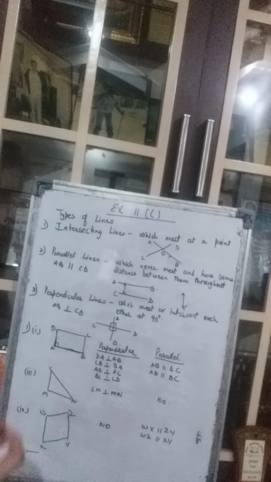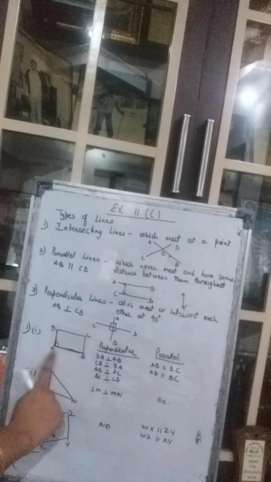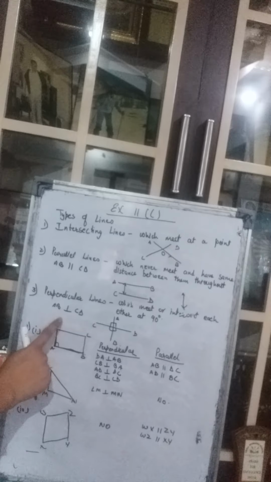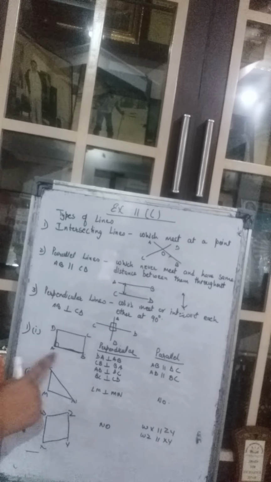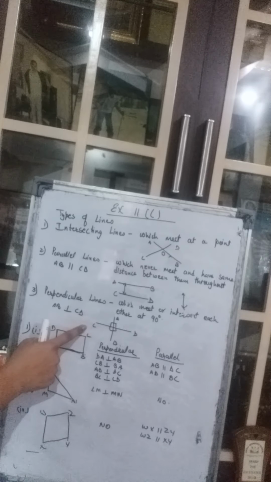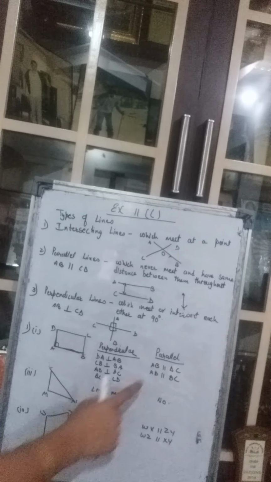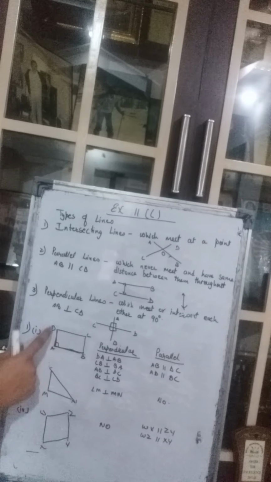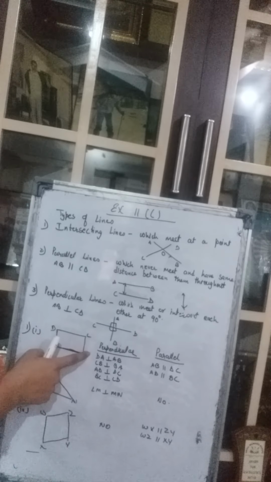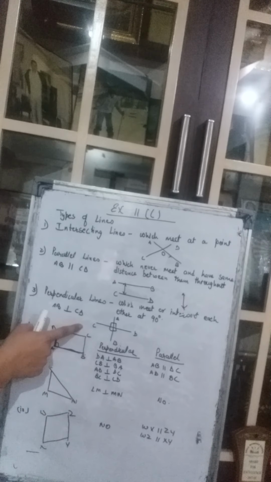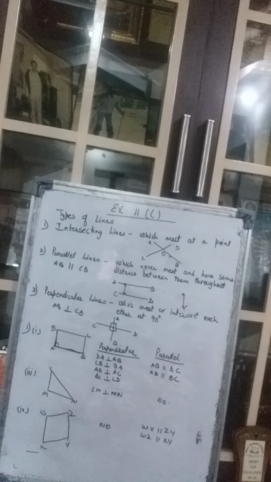Girls, there is a method of writing the lines. If you are starting from this side, AB you are writing, then the other line you should also start from the same side, right hand side only. Suppose we are starting from the left hand side, so this also start from the left hand side. So AB is parallel to DC. Okay, this is a proper method of writing. And the other one, suppose we are writing AD. AD means going from here to here. So the other line also we will write BC, going from here to here. This is a proper method of writing BC. These two are all the parallel lines.